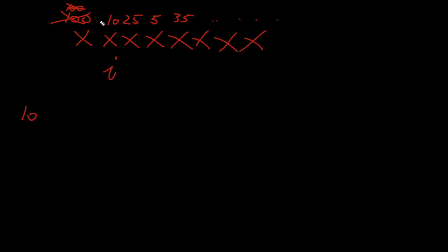Otherwise, it cannot move forward, right? But the next one is 25, right? So what does resize to 25 mean? It means that if we resize to 25, it can cover up to where? Up to 5, actually, to either 25 or to 5, right? And then similarly if we resize to 35, right? Let's say we have a 40 here. If we resize to 35, then it means that we can cover from 10 to 35,